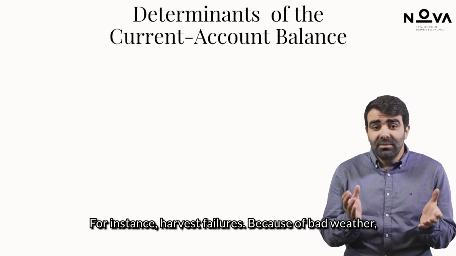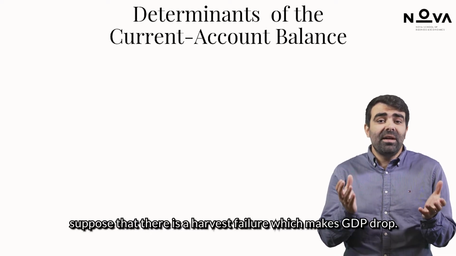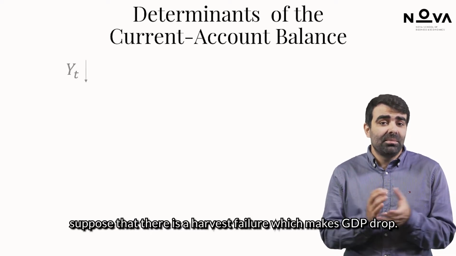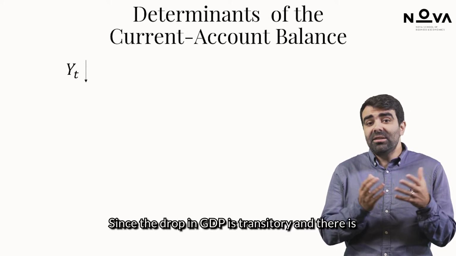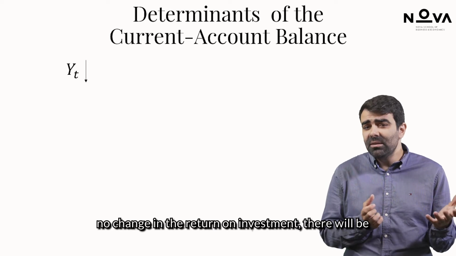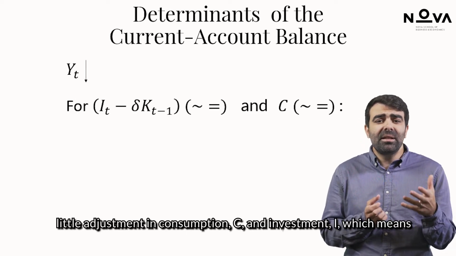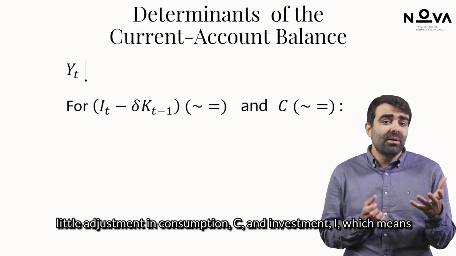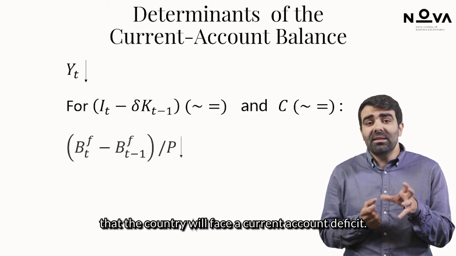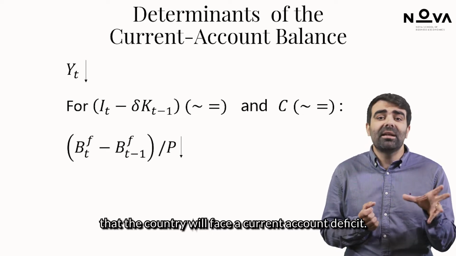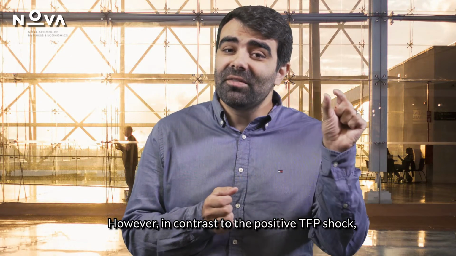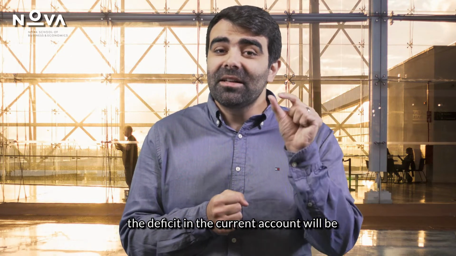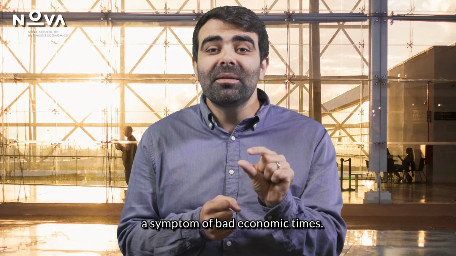Because of bad weather, suppose that there is a harvest failure which makes GDP drop. Since the drop in GDP is transitory and there is no change in the return on investment, there will be little adjustment in consumption C and investment I, which means that the country will face a current account deficit. However, in contrast to the positive TFP shock, the deficit in the current account will be a symptom of bad